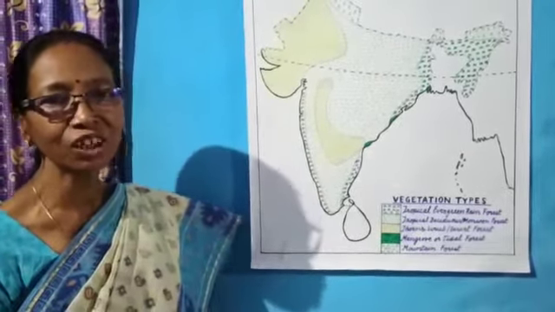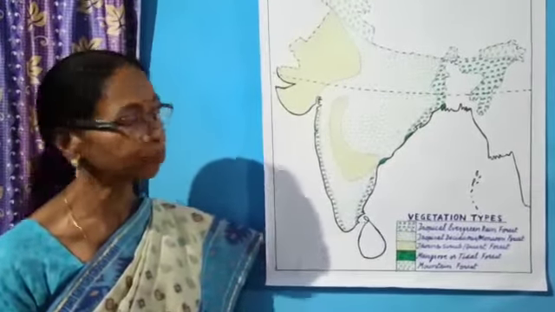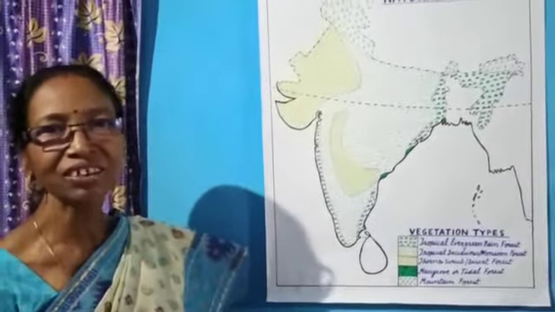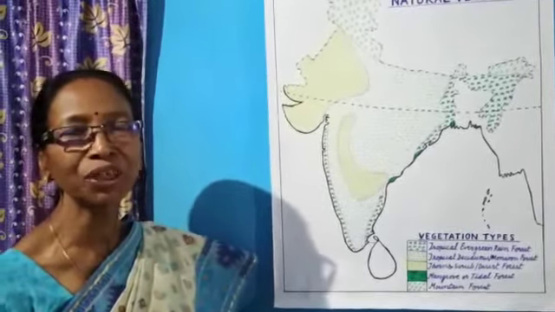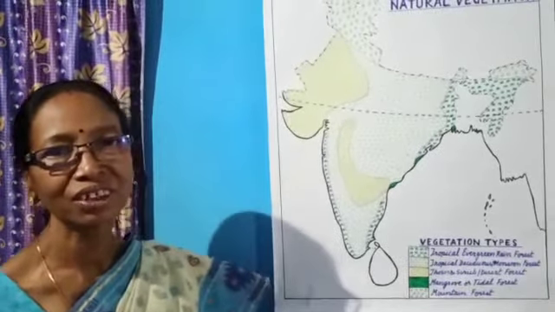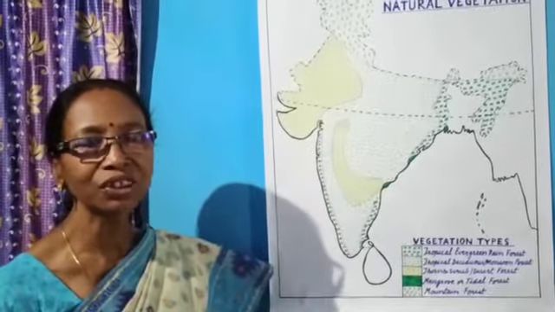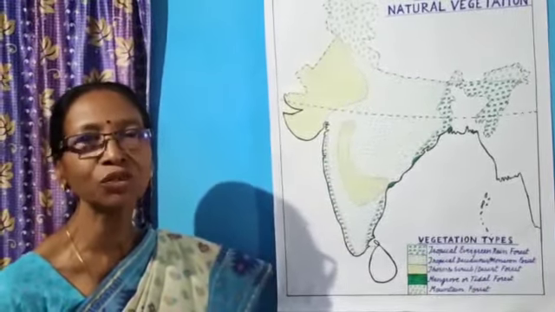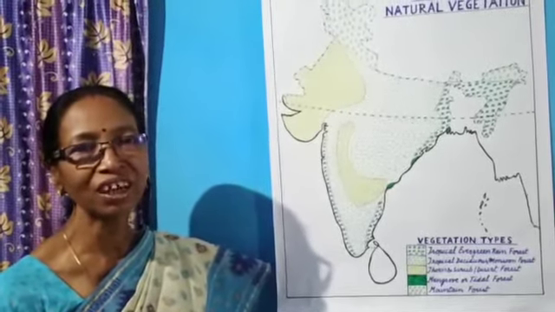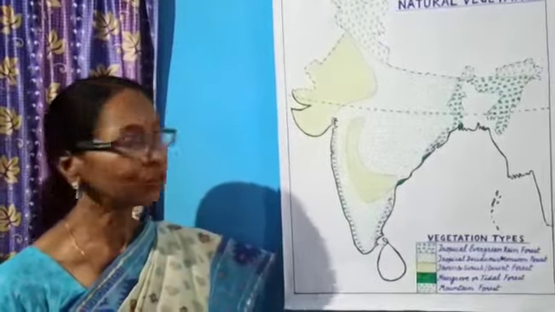These trees can survive in both salty and fresh water. They are found in the coastal area as their roots are always affected by tides. They are also known as tidal forest. They have breathing roots, and during high tides the roots are submerged in water, and when there is low tide they are above the water, so they can breathe.